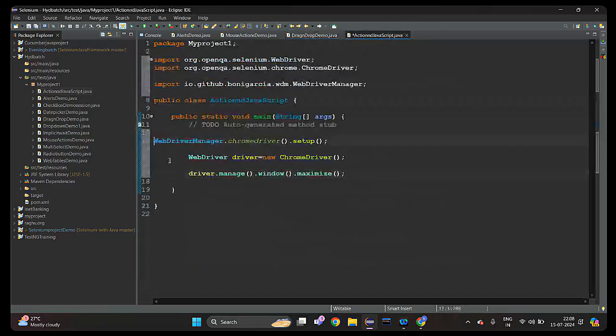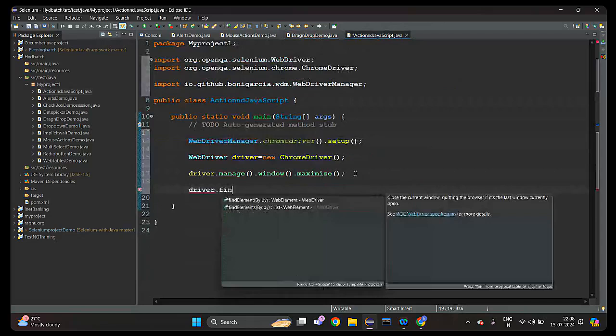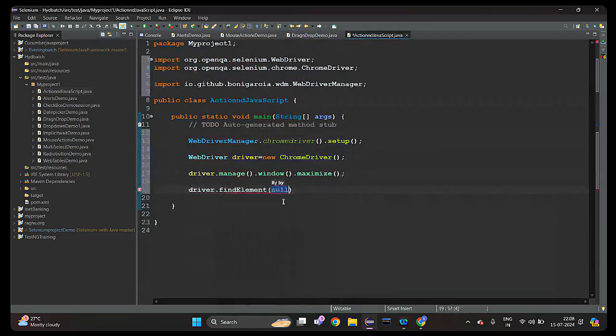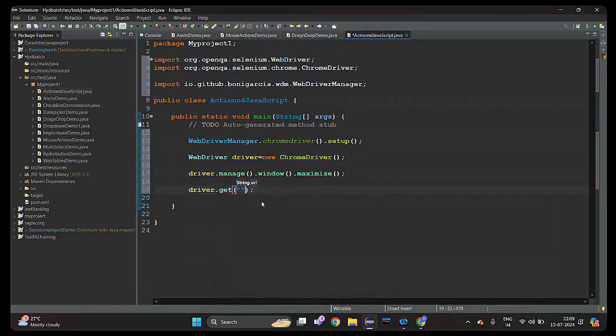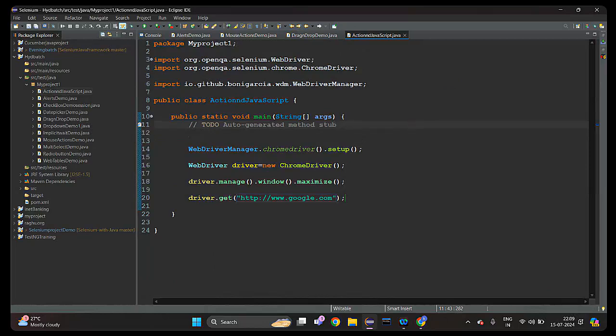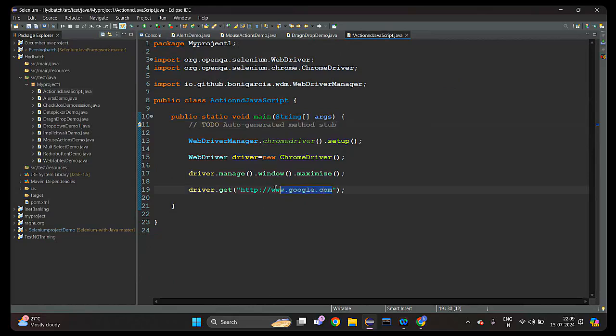Driver dot get URL. Okay, now what I want to do is